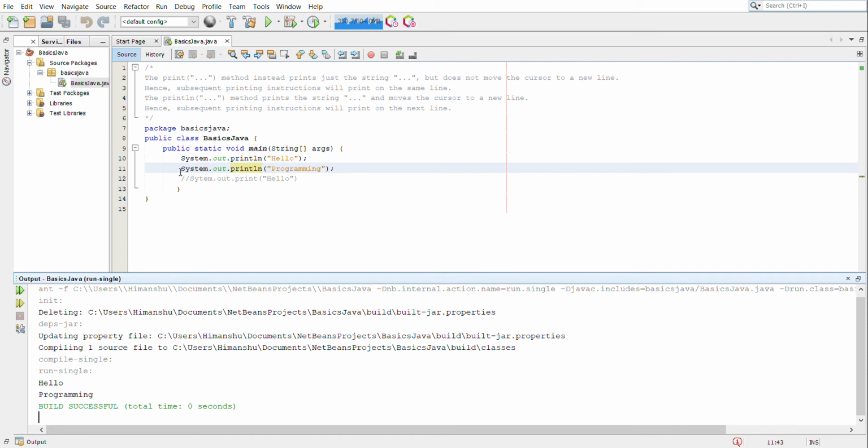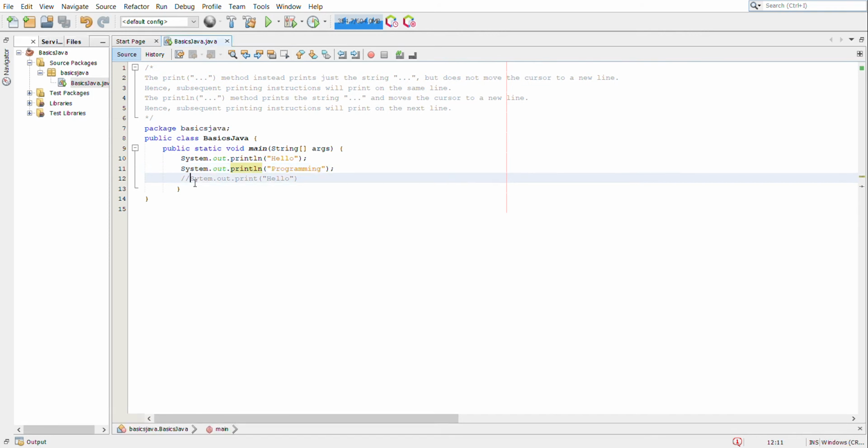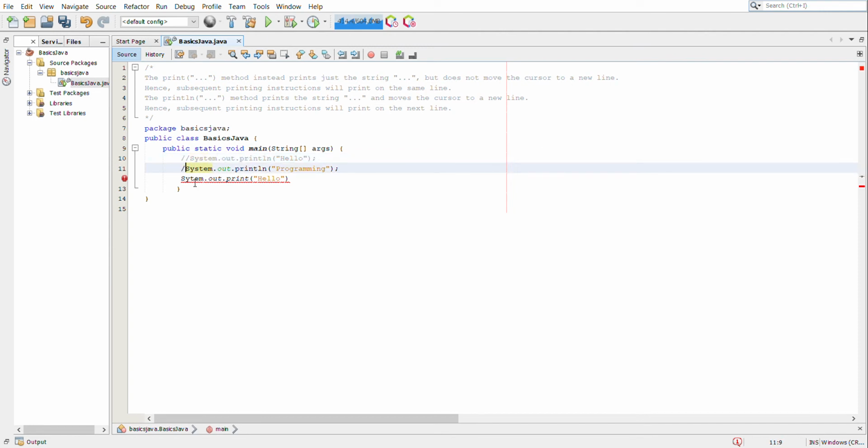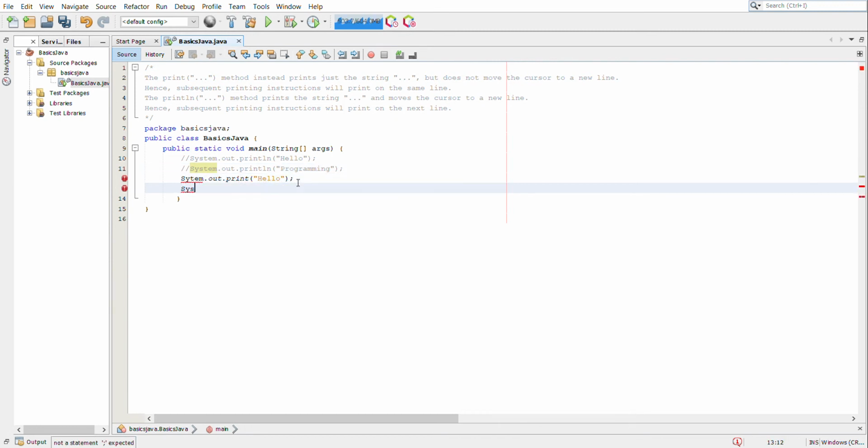So let us see the use of the simple print statement. Let us write another print statement. System.out.print. Let us write here programming.